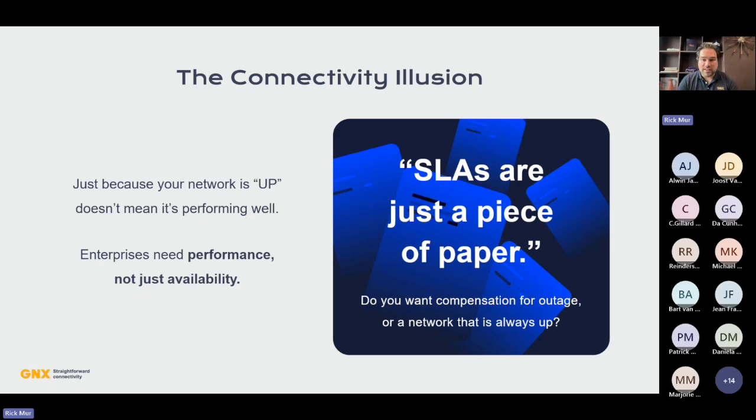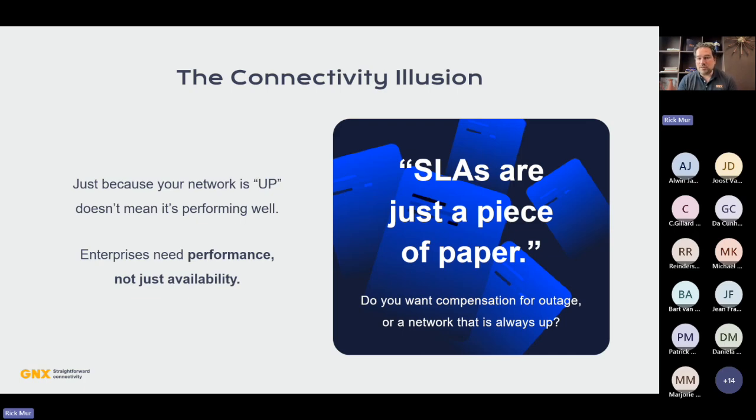And of course, there are caveats to that, but in the end, it's an agreement that the link will not go down. In the end, it will go down. There will be maintenance, there will be outages that are completely out of your scope of control. And what do you get then? You get some compensation on the circuit, which is nice, but it's not what you want, right? You really want a circuit, or at least the connectivity to your office, to be up and working well.